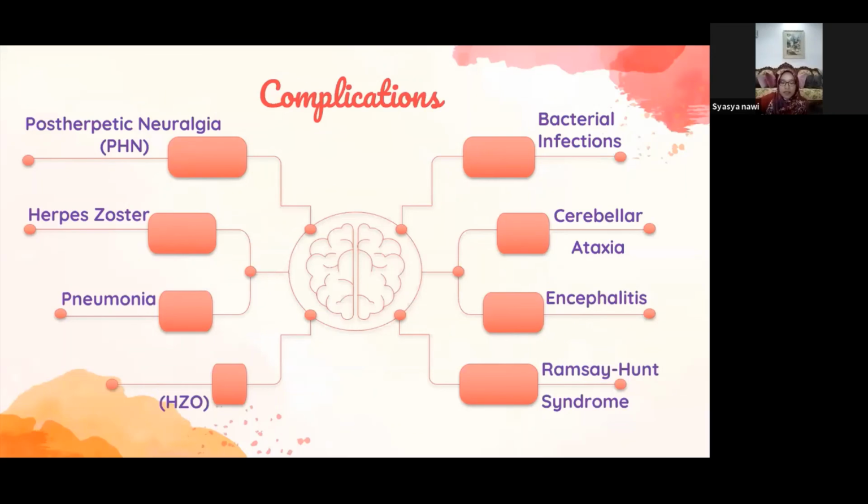And the last complication, we may have keratitis or herpes zoster ophthalmicus due to involvement of the trigeminal nerve, cranial nerve 5, the ophthalmic branch, which can lead to vision loss. Next,